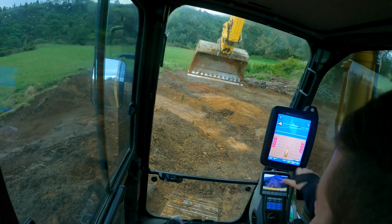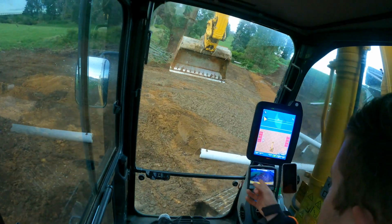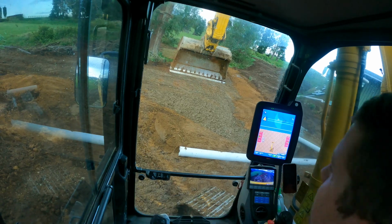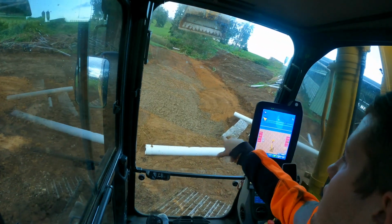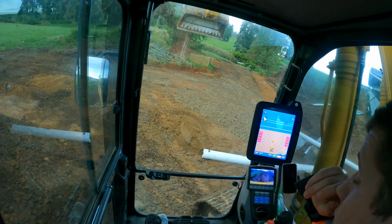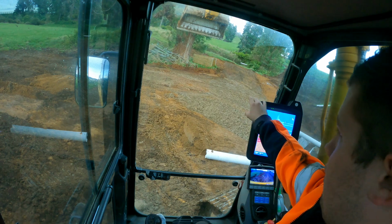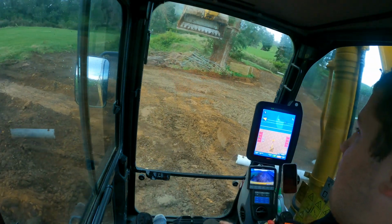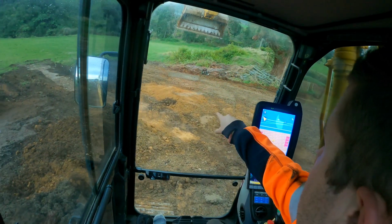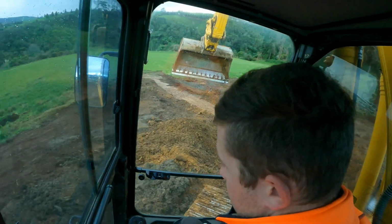Right, so I got the channel cut down through there, and the plumber's buggered off, so he hasn't actually connected the pipe through, so I can't fill on top of that. But got metal in here, shaped up, and then a bit of a drain water table on the inside there, so the water will come down off the hill onto the metal, and then it'll bugger off down that track. And then I've got a little bit of loam sealed up there. This is all just crap, but